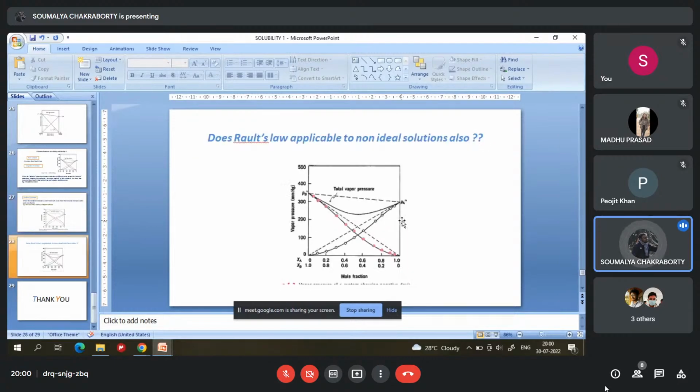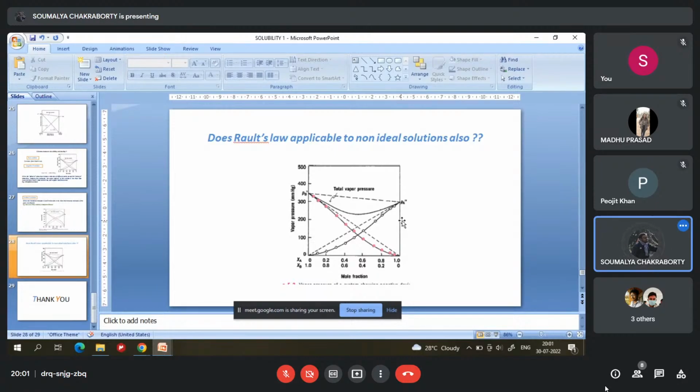This is important. So this is another concept. Is Raoult's law applicable to non-ideal solutions also? Because just some time ago we said that Raoult's law is applicable to ideal solutions and real solutions do not obey Raoult's law. So how can we calculate different thermodynamic phenomena as well as solution dependent vapor pressure for non-ideal solutions by using Raoult's law? Yes, Raoult's law is applicable to non-ideal solutions only at the extremities. So when you are talking about a binary mixture where the composition of a particular component is very low or very high,